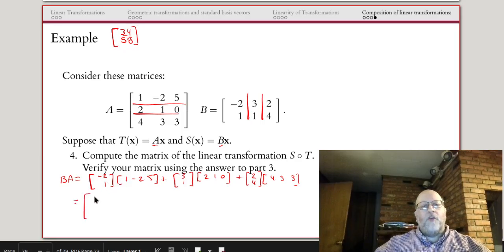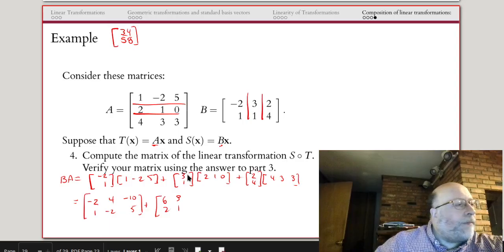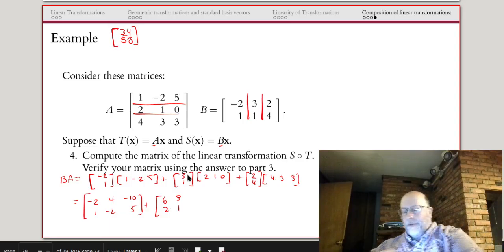So -2, 1 times 1 is -2, 1. -2, 1 times -2 is 4, -2. -2, 1 times 5 is -10, 5. 3, 1 times 2 is 6, 2. 3, 1 times 1 is 3, 1. And 3, 1 times 0 is